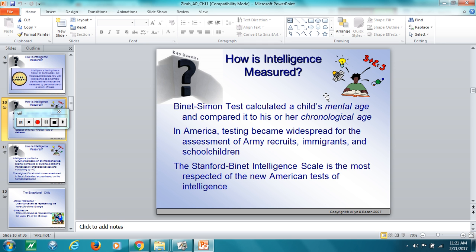Okay, leading us further into the 20th century, we have what would be kind of the gold standard of IQ tests for many, many decades, and that would be the Stanford Binet Intelligence Scale. Binet, we had heard about Alfred Binet in France. At the University of Stanford in California, we had a professor named Louis Terman. Terman took some of Binet's principles and he kind of tweaked them, and eventually we get the Stanford Binet scale. Terman introduced the concept of the IQ, or the intelligence quotient.